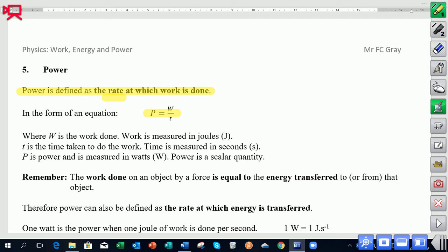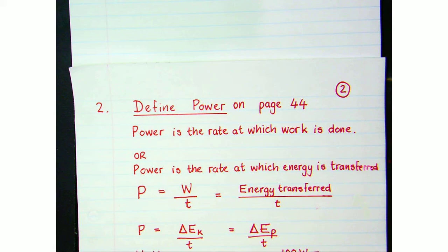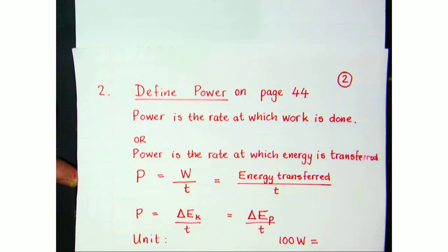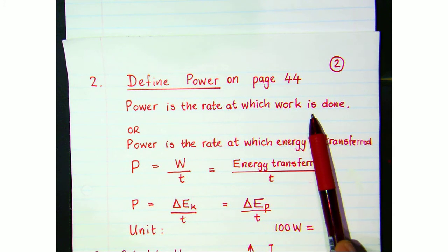And we need to consider that power is made up of two scalar quantities, work and time. Therefore power is a scalar quantity, and it is defined as the rate at which work is done. So if we go back to the page, we've got the definition of power, the rate at which work is done, but that could be stated